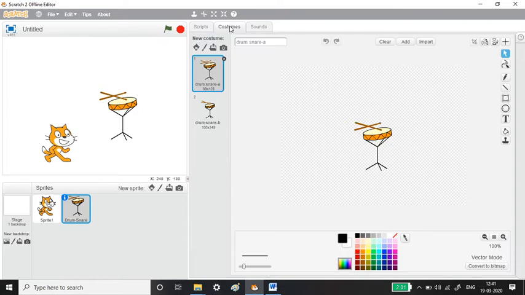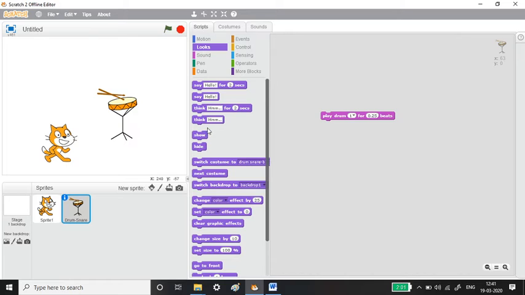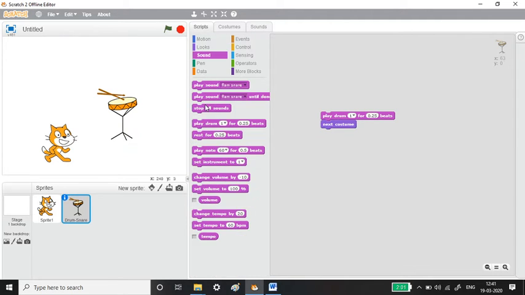Can you see the costumes? Two costumes are there. Now what I'm going to do is go to the next costume, and I'm going to do this. Now see here, can you see the difference? It is moving, right? And the sound is playing.